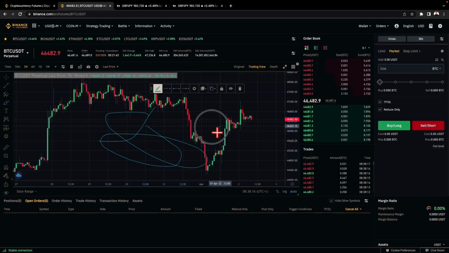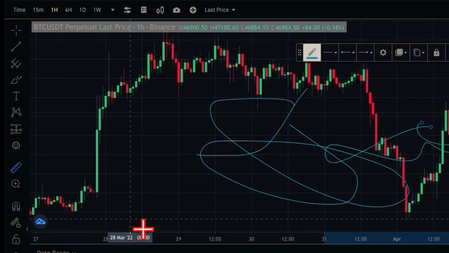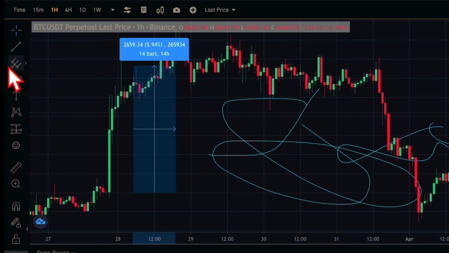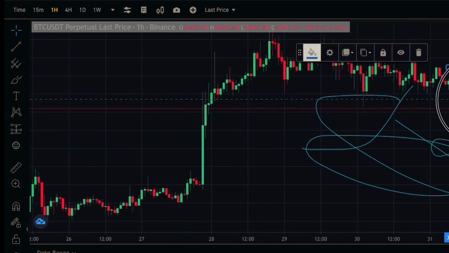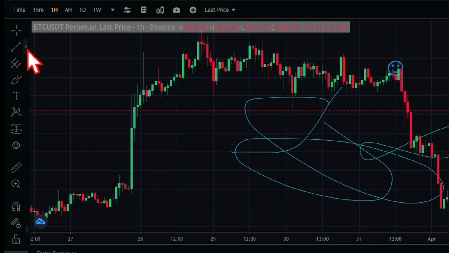I'm drawing if I want to draw something for you. So that's what this is for. If you want to measure, you can use this one to measure. These are items that are here to make you understand your trading better. If you want to zoom in, if you want to put some emoji, want to make it more interactive, you can put it here. I click on each of these items that's here.